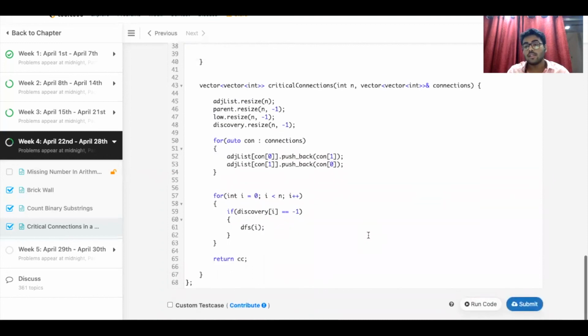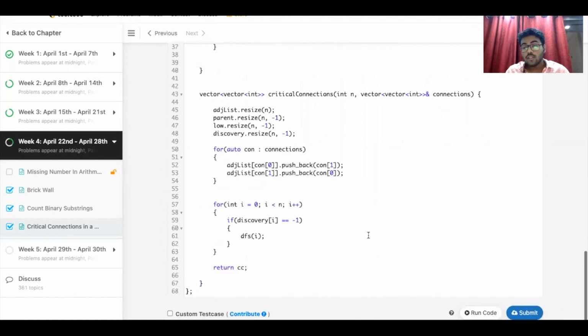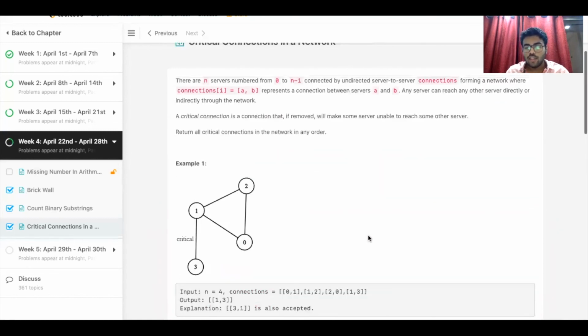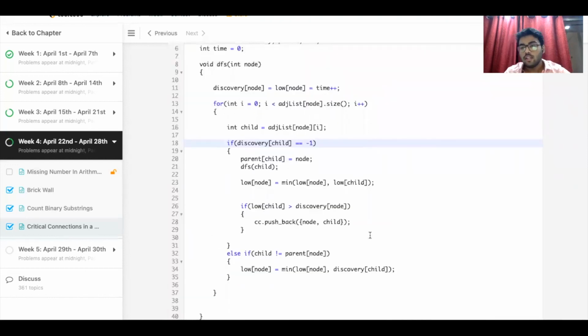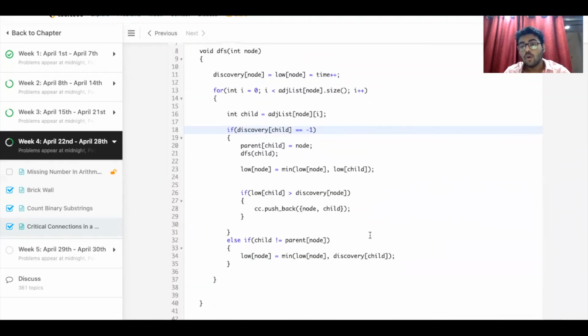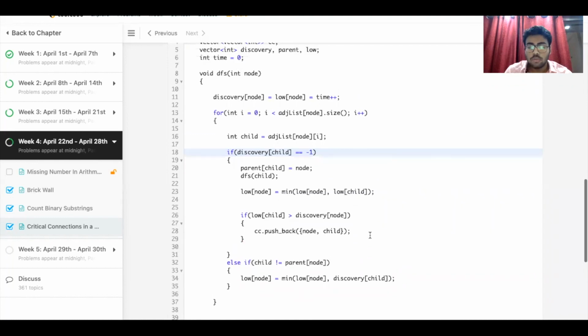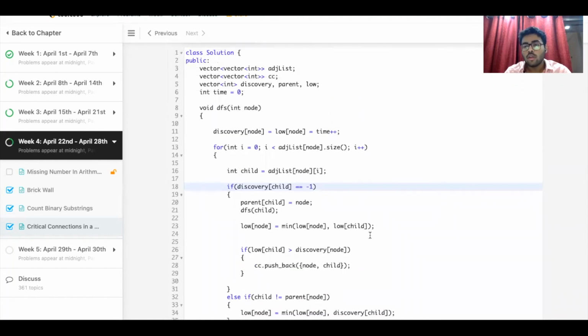That is accepted. So I hope you guys understood the problem. It's a pretty hard one, and you can either solve it by DFS, or to optimize it, you can solve it by Tarjan's algorithm. But working with DFS is totally fine in this problem. So do solve it. Thank you.